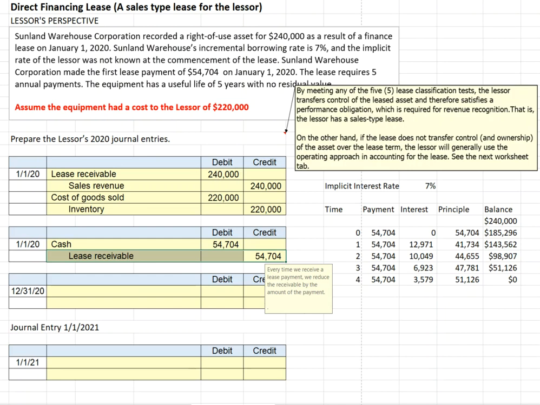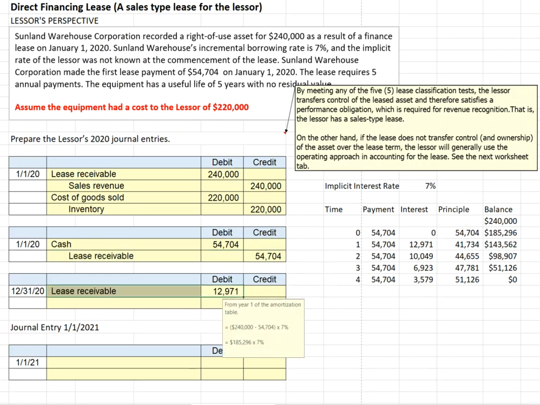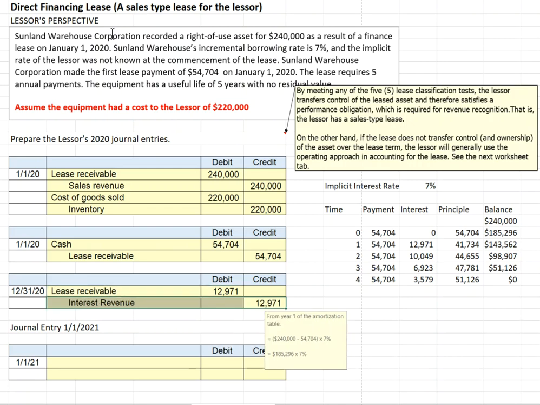On December 31st, 2020, we have earned interest revenue, and we increase the lease receivable by the amount of interest revenue. Again, we've effectively at this point in time lent them